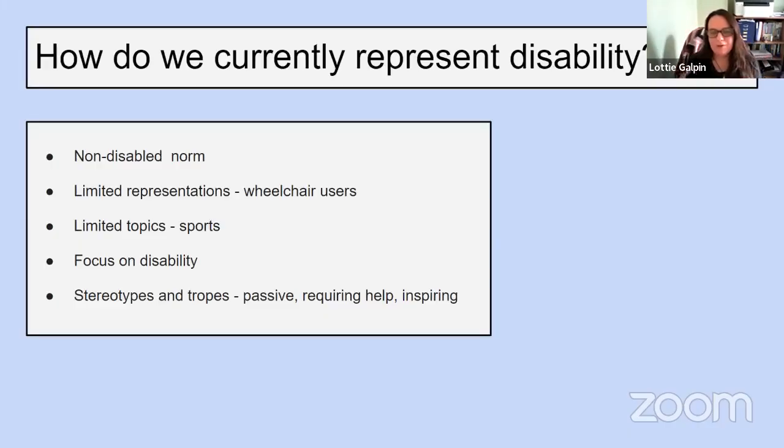So rather than seeing a whole human being with lots of different facets of themselves, people immediately just pick some representations focus specifically on the disability. And if we think about this in the context of describing myself, if someone were to write a text about me and it were to start, Lottie Galpin is an editor who wears glasses. Despite wearing glasses, she has managed to have a successful freelance career. It's absurd when you think about it in those terms.